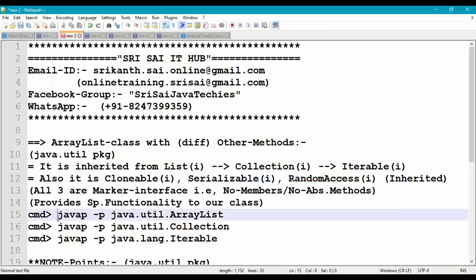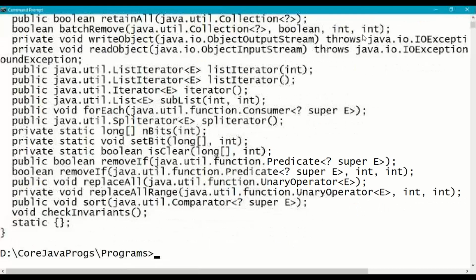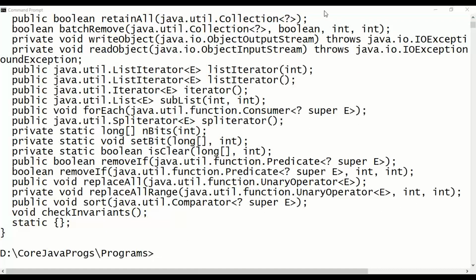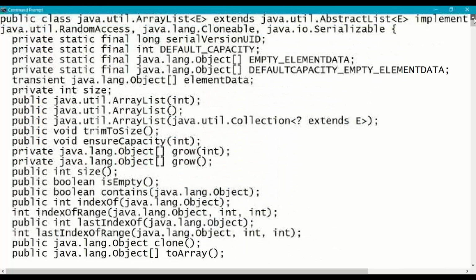If you see javap java.util.ArrayList, open the command prompt, go to your working directory and issue this command. In this class we have many methods, and many methods are inherited from list and collection also.